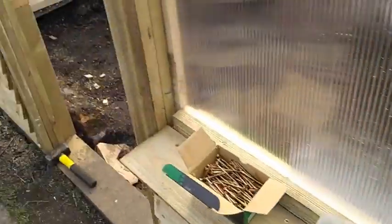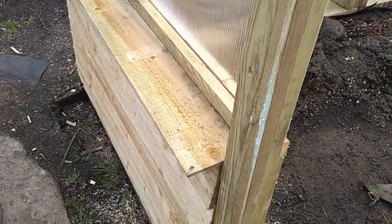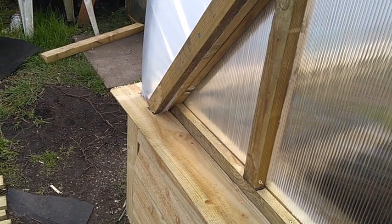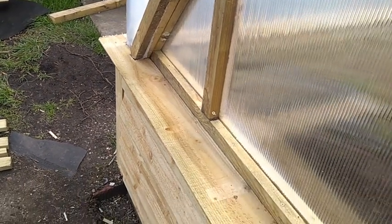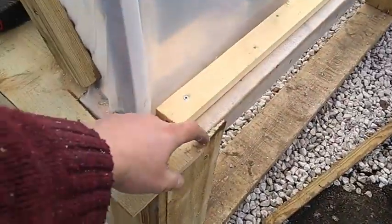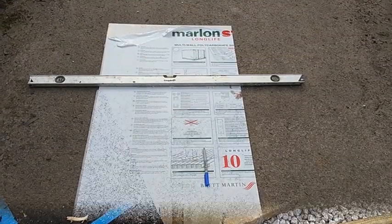But these are the little window sills, and because it's the feather edge stuff, it naturally goes that way, because it's thinner at the one end, so the rainwater will go off. It's only a very gentle slope, but once that's all painted up and weatherproofed, we're going to be laughing. So I finished off the ends as well, so we can use that actually for trimming off these and getting them nice and flush. Cool. So yeah,